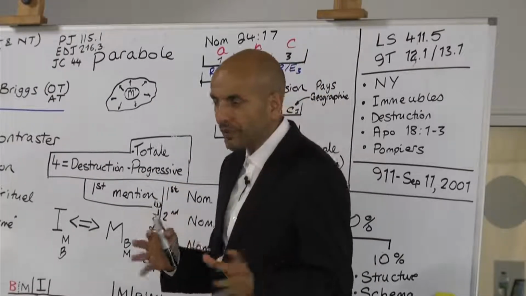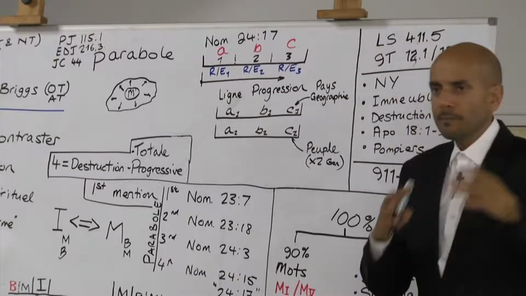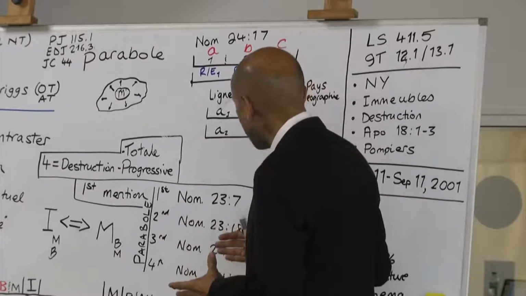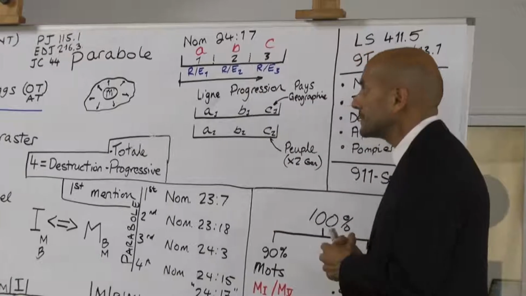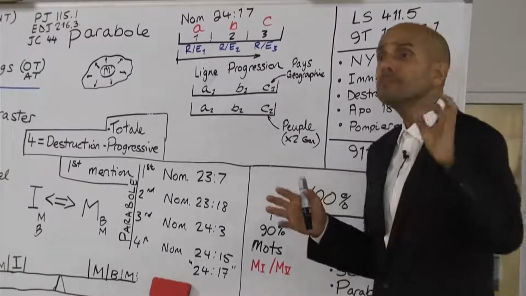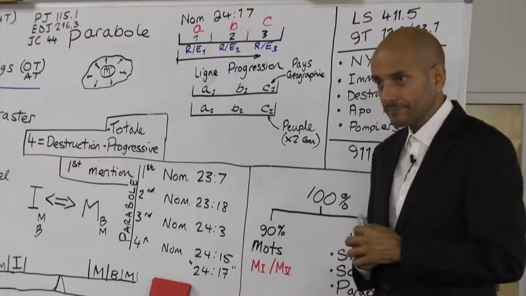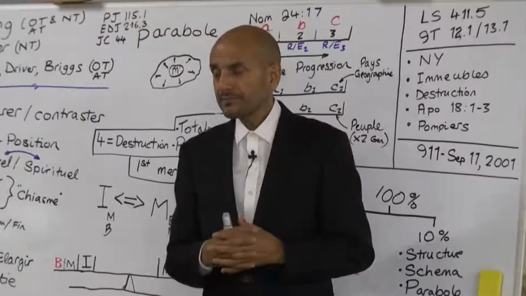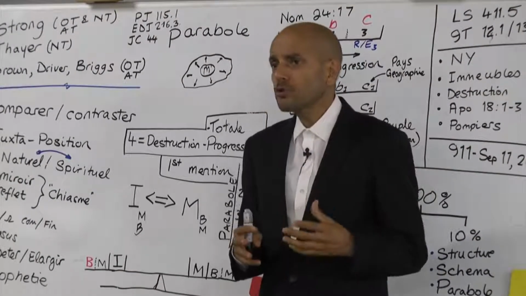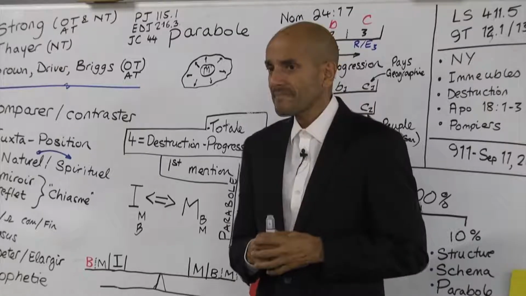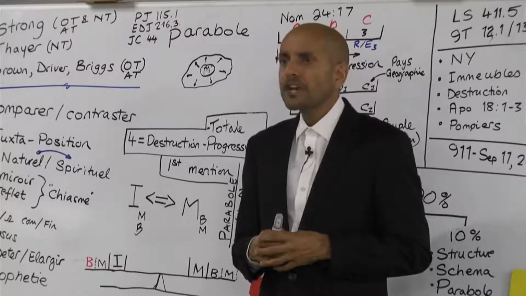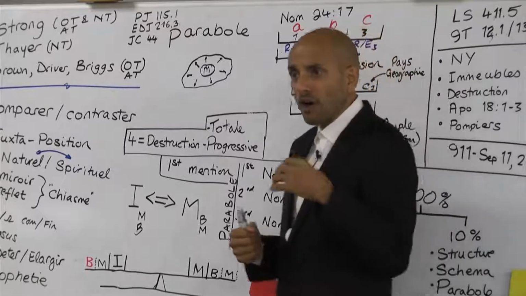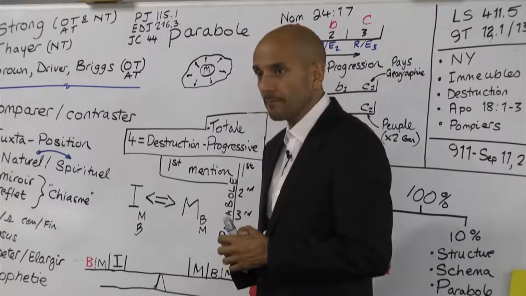So in Matthew 23, it says parents and children. Says the same thing in Numbers 24:17. Even though it doesn't mention the parents, they're there. If you go to the story of Joel, Joel doesn't talk about two generations, it talks about four. If you go to Leviticus 26, that also talks about four generations.